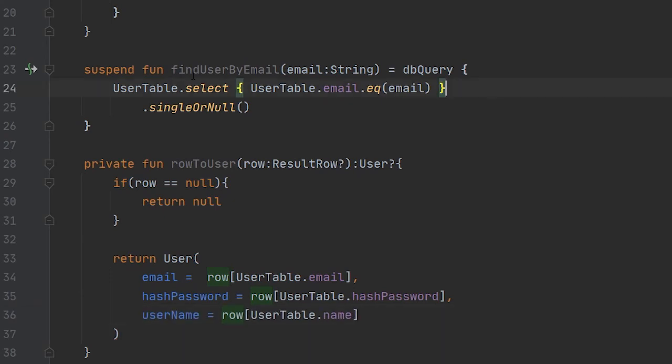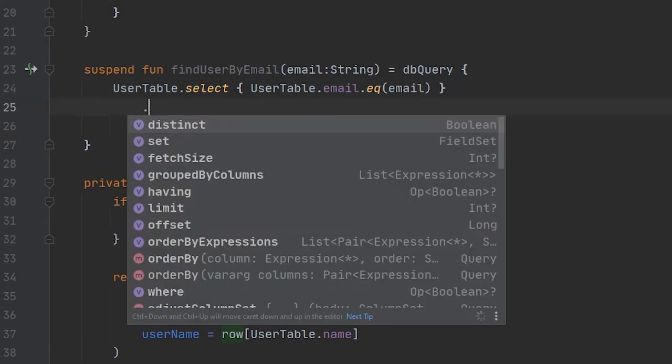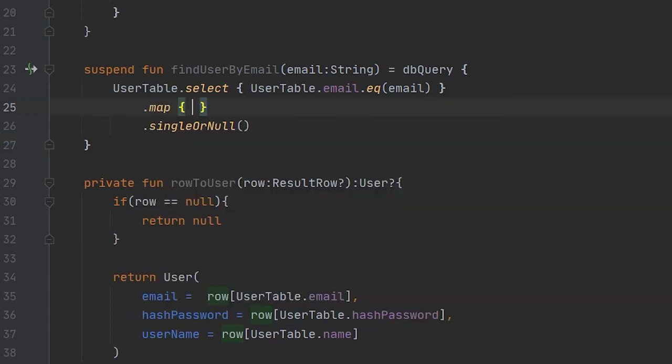So now back to this findUserByEmail function. In this function we just have to convert this row into our user, and here we can map this as rowToUser, and we will provide this row. Now where did this it come from?